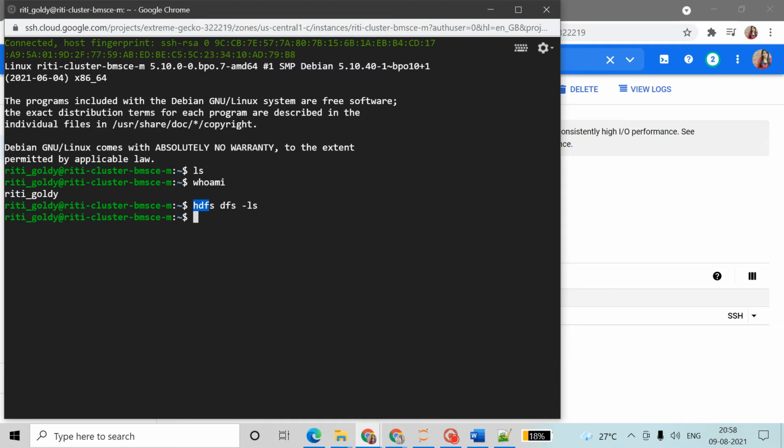We use hdfs dfs for Hadoop. So I have chosen hdfs dfs -ls, which means list. It will show in Hadoop, but nothing is there, so it is showing blank.